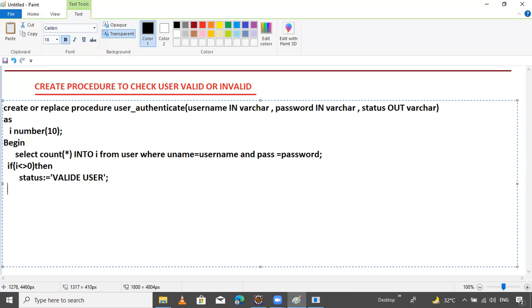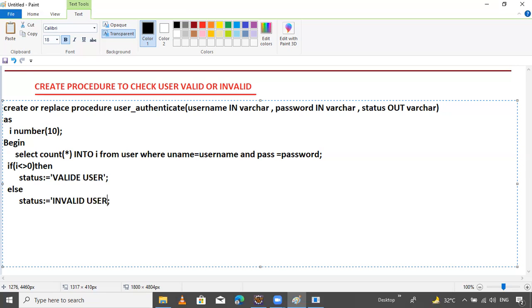Now, else, status is... status should be, if user is not there, it means simply say invalid user.